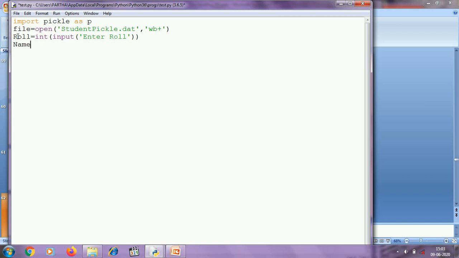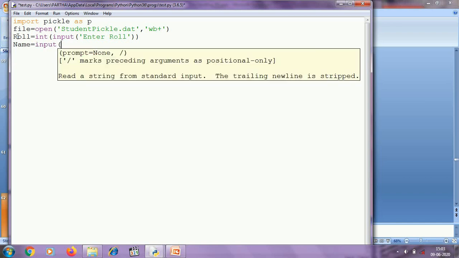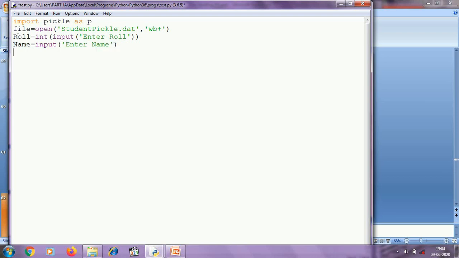So I am going to collect the roll and name of one student, and after that using the dump function we are going to write roll to the file studentpickle.dat and then we are writing name to the file.